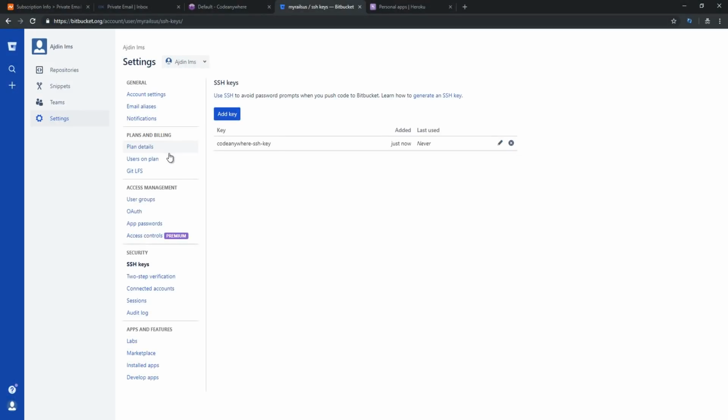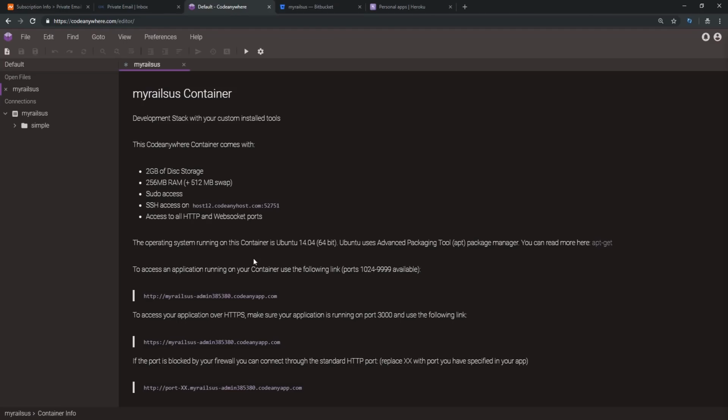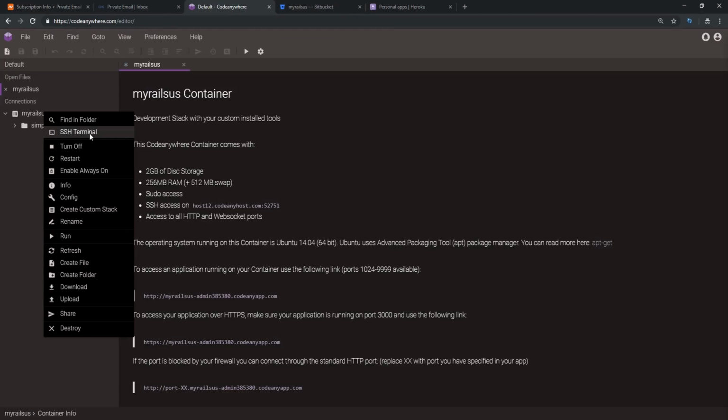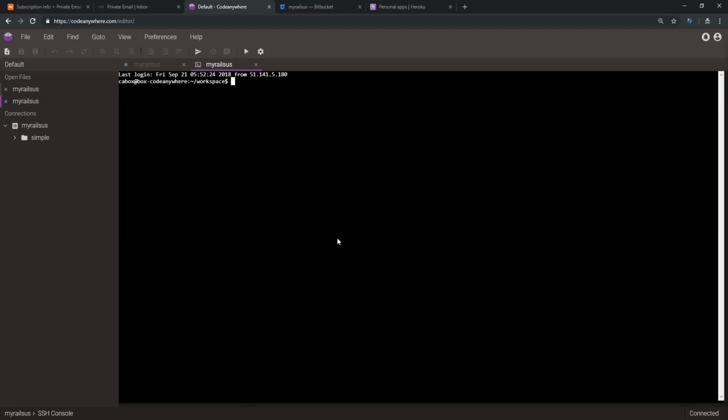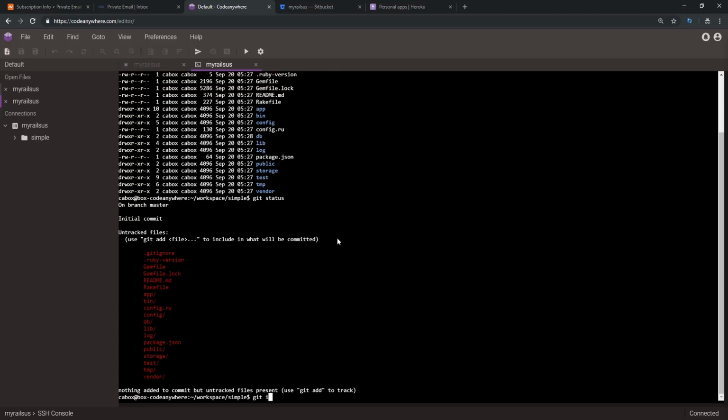Now that I have my key, I'll go to repositories here, and I'll connect an existing repository with this one here, which we still don't have. So I'll go here, right click, SSH terminal, cd into the simple directory. Let's inspect what we've got here, ls -la. So we do have the git folder. So I say git status, git init,